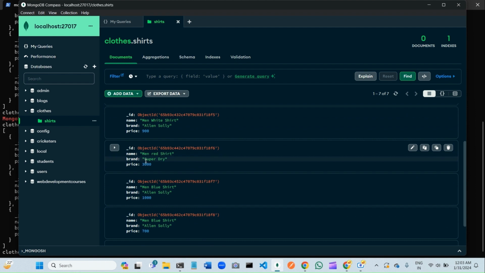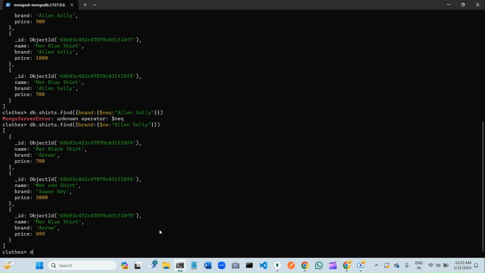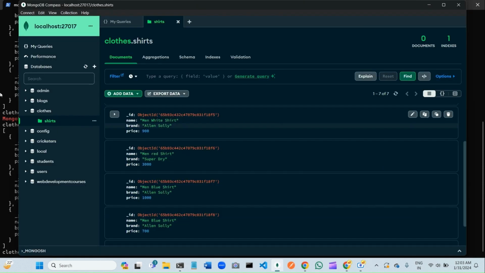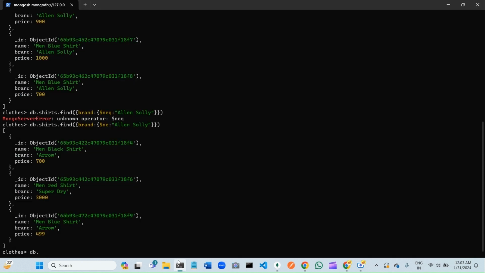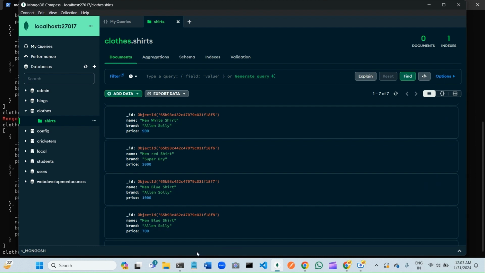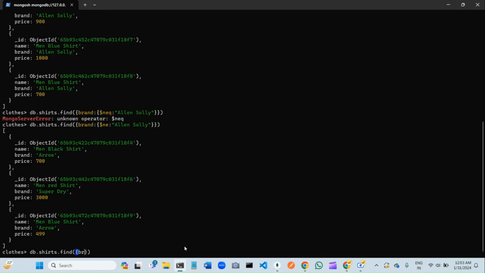So I want to get all the Superdry shirts and Allen Solly shirts. So I have to use the in operator. db dot and then collection name which is shirts, and then the find function. Inside this I am getting the shirts using the brand property, brand field. So I have to use brand, and then inside this you have to use the in operator, and inside this